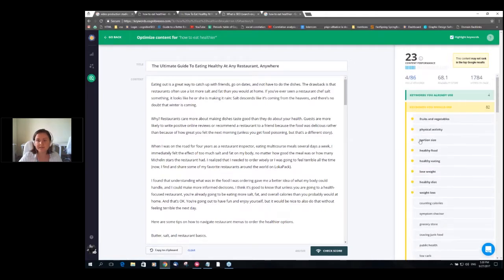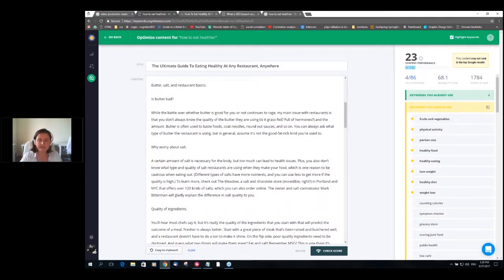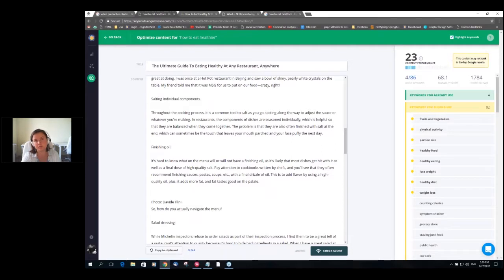So after, I can even change, see, here I can type here. I can even change the text directly here, put all the keywords I'm interested in. Once I add some more keywords, I just click on check score. My content performance score will be changed. And once I'm getting a score that I'm satisfied with, and it will be competitive for my top 10 competitors,